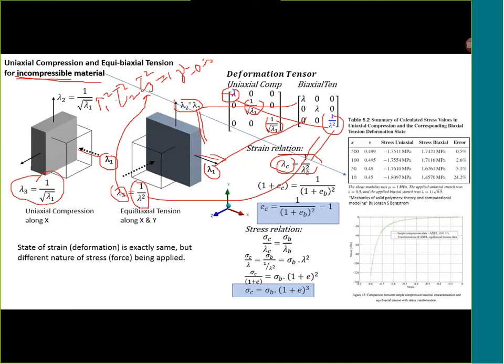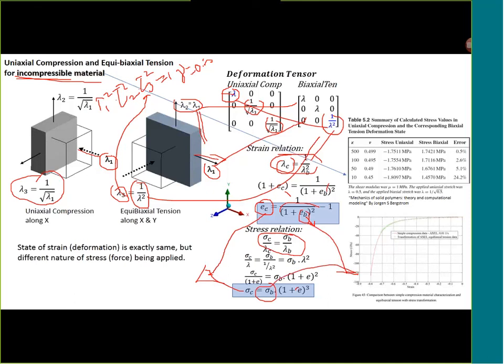Here also we can put 1 plus strain. This is the biaxial strain. This is the compressive strain. From this equation, the uniaxial compression can be rewritten in terms of the biaxial tension. Same relation can be used for the stress as well. So once you know the compression stress strain curve, it is possible to calculate a biaxial